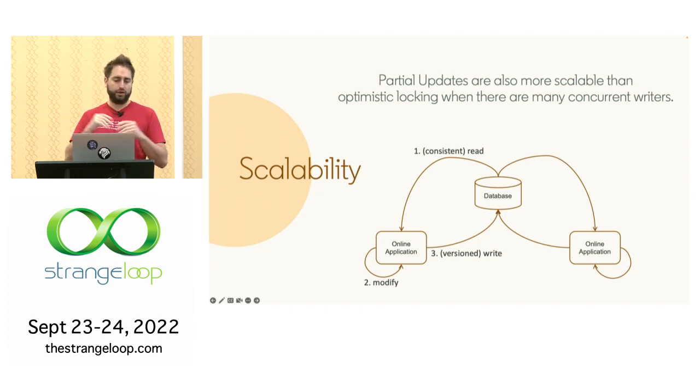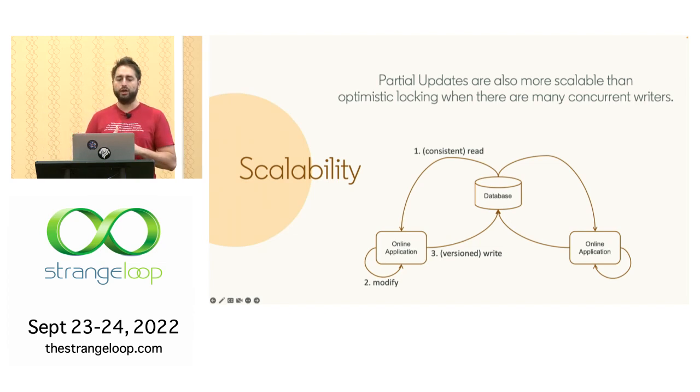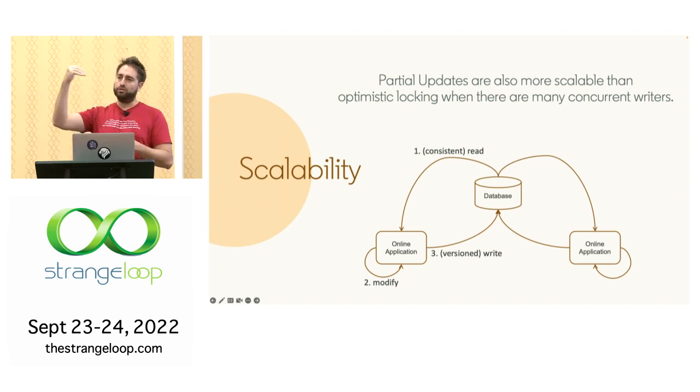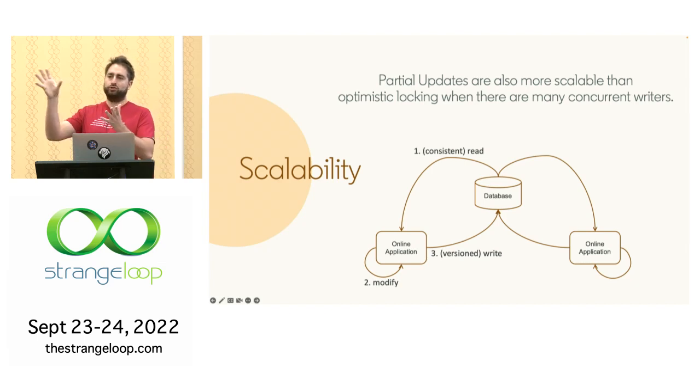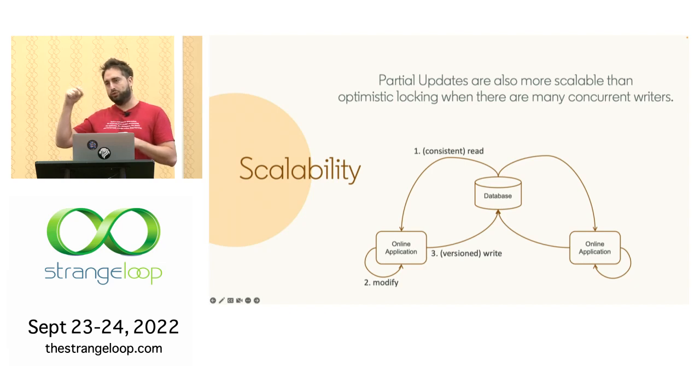Think of it as an off-the-shelf traditional database. Typically, the way that they will support read, modify, write workloads is via optimistic locking, right? So the way that it would be implemented is your application does a consistent read, and that read is accompanied with some version metadata of when that value was written. You'll modify that in the application, and you won't do just a regular write of the modified value, you'll do a versioned write. So you'll include the version metadata that you previously read,